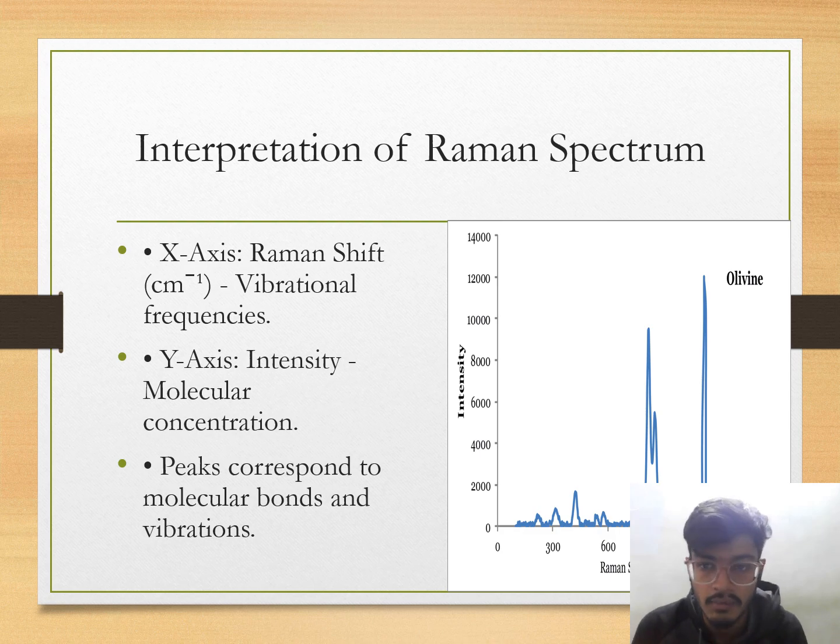Interpretation of Raman spectrum. Here we can see the example of olivine. On the x-axis we have Raman shifts, which identifies the peaks in wave numbers corresponding to specific molecular vibrations, and on the y-axis we have intensity or molecular concentration, and higher intensities indicate higher concentrations and or stronger Raman activity. We have to compare with references, matching shifts with known spectra to identify the bonds or functional groups, and peaks correspond to the molecular bonds